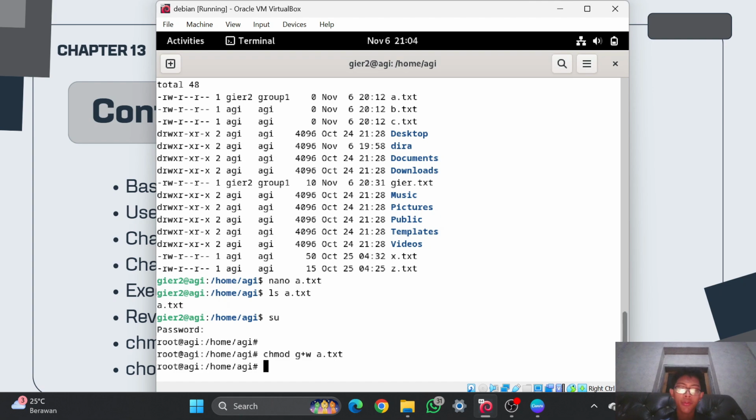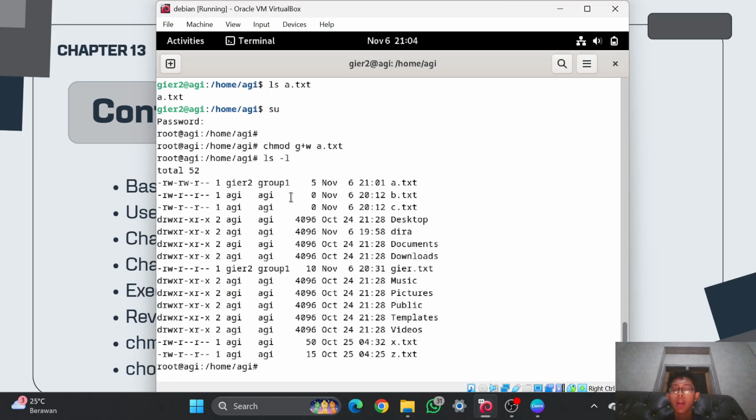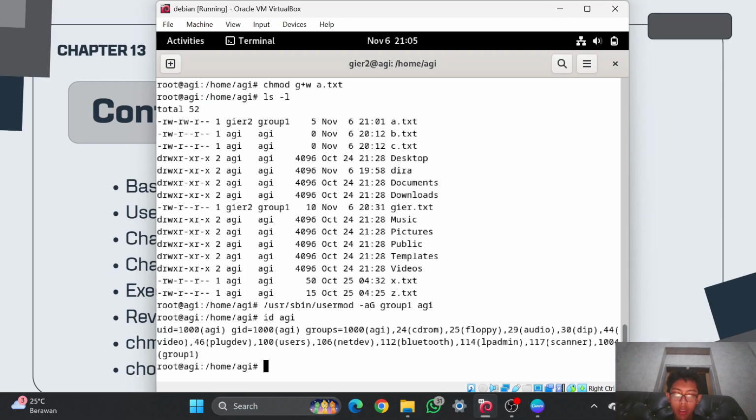And right now if you see using ls -l, right now the group 1 has a permission to edit or modify this file a.txt, and right now I will add the AGI user into the group 1 using the command /usr/sbin/usermod, and then -aG group 1 and then the user, and I will check it again with id AGI, and right now AGI user is in the group 1, as you can see, group 1.